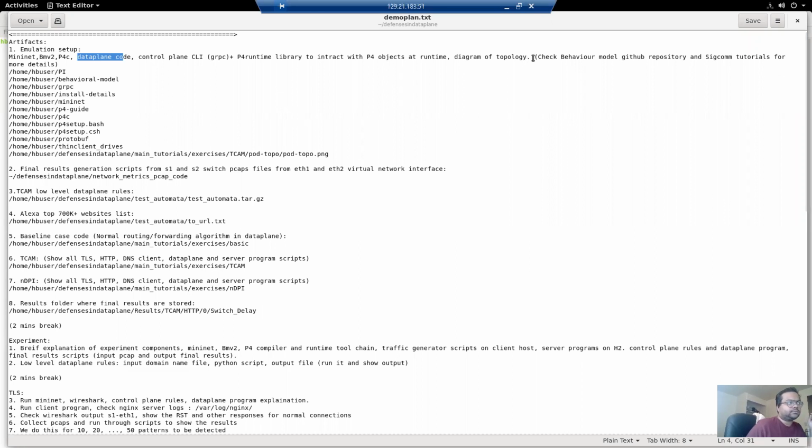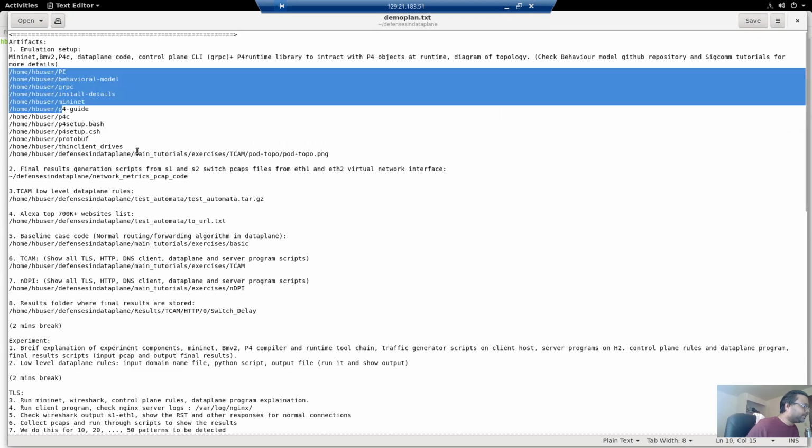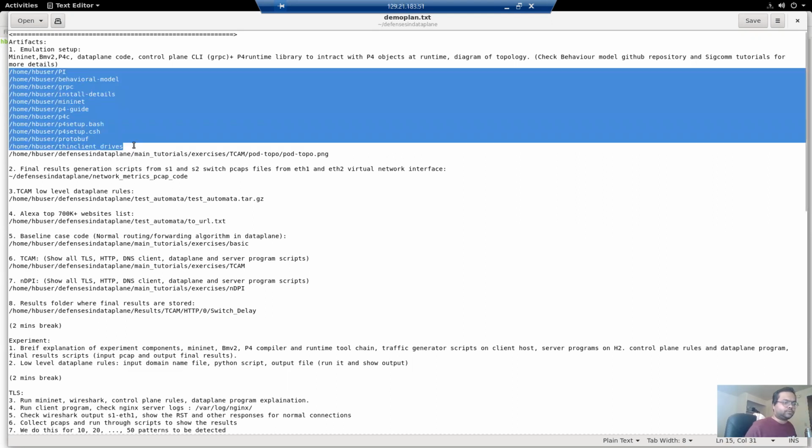And then we also have a diagram of the topology that we have used to conduct the experiment. You need to pre-install a couple of things before you can start coding your own P4 program and then try to run your own client scripts and server-side scripts.